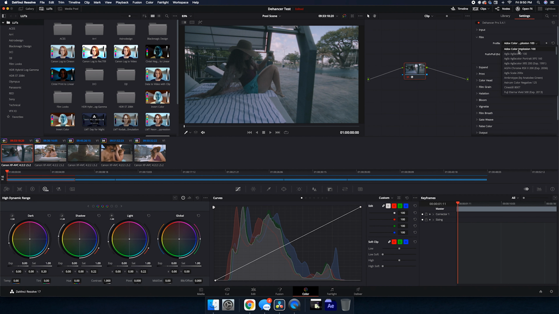You got your ADOX Color Implosion 100, Agfa Color. I've never even heard of that one. Agfa Color Portrait. One thing I wish this did is that I wish you could just go in there and press the arrow down. Or I wish it would give you a preview of what your image looked like when you hover over the different film stocks, but it doesn't